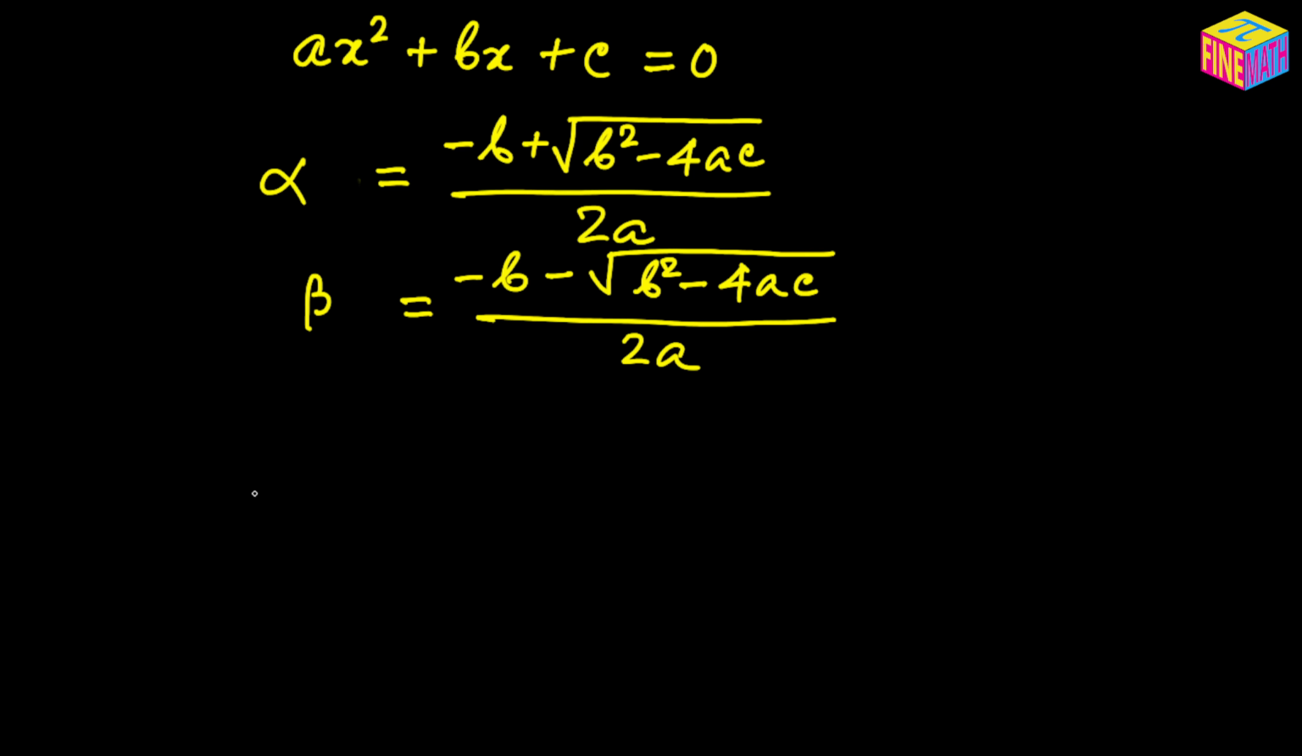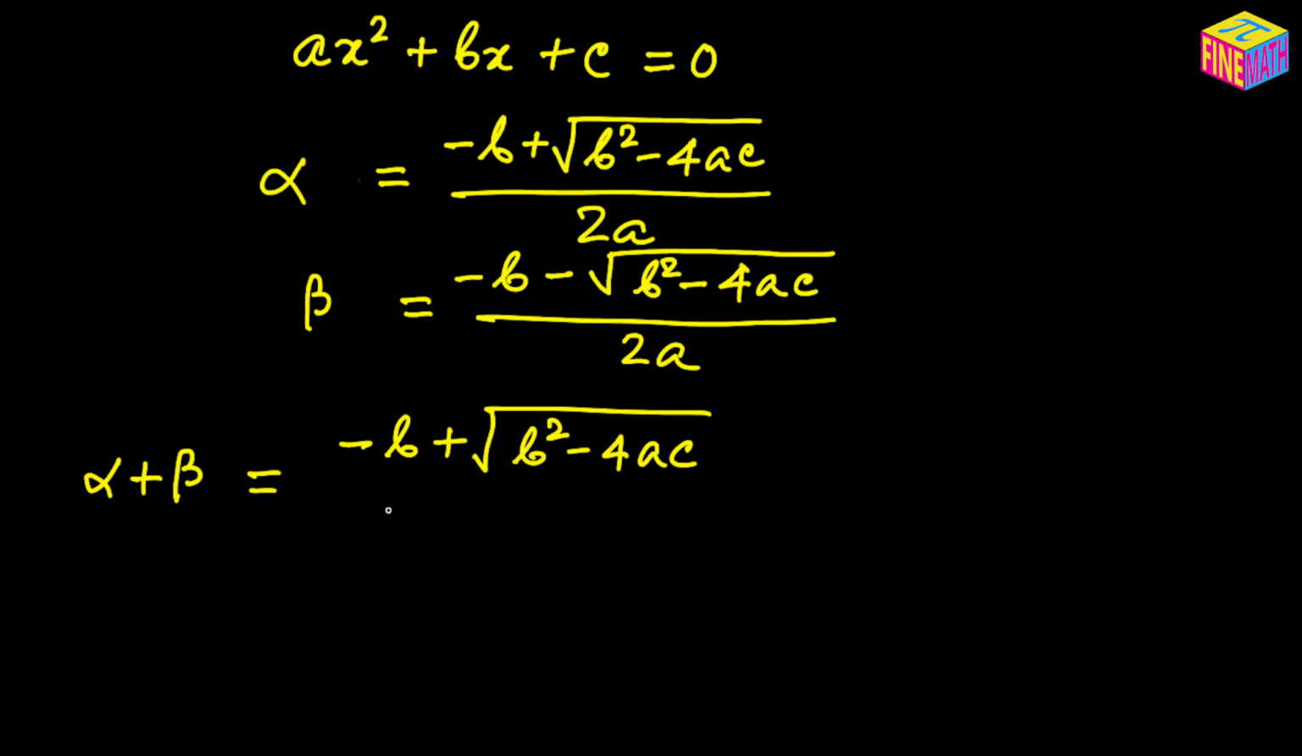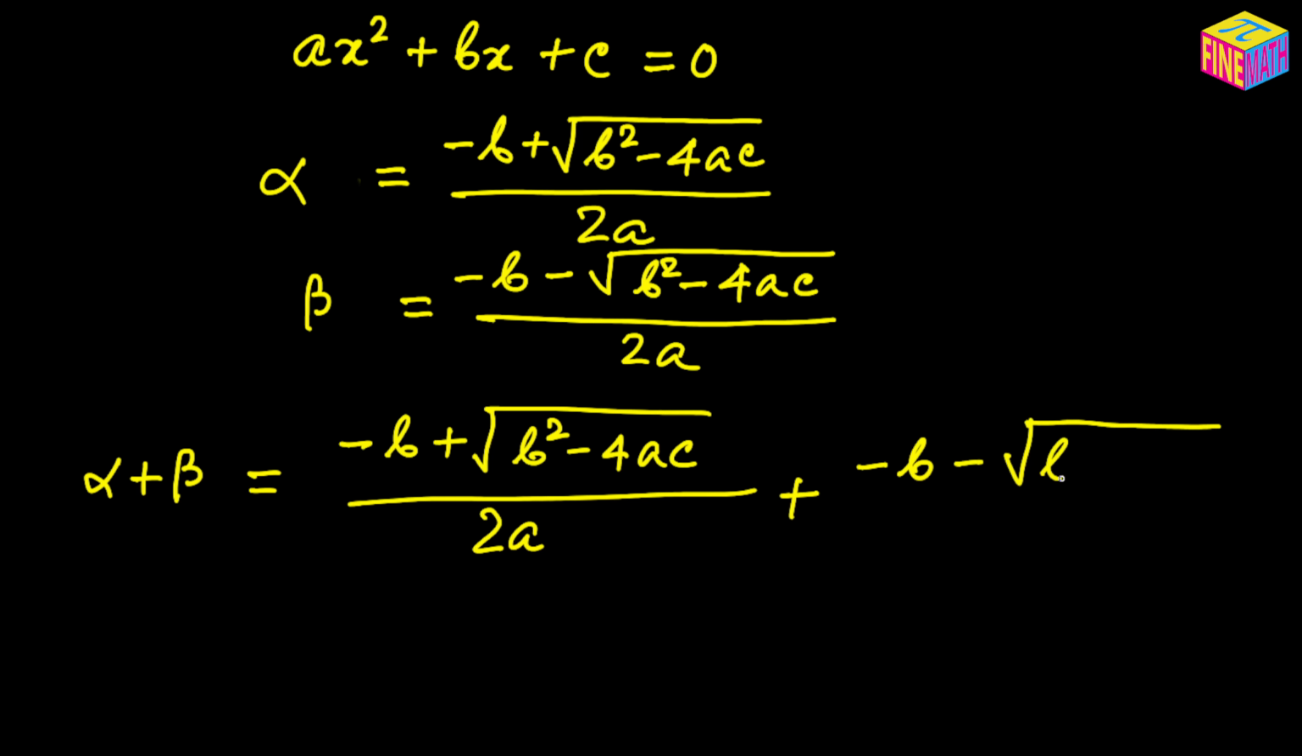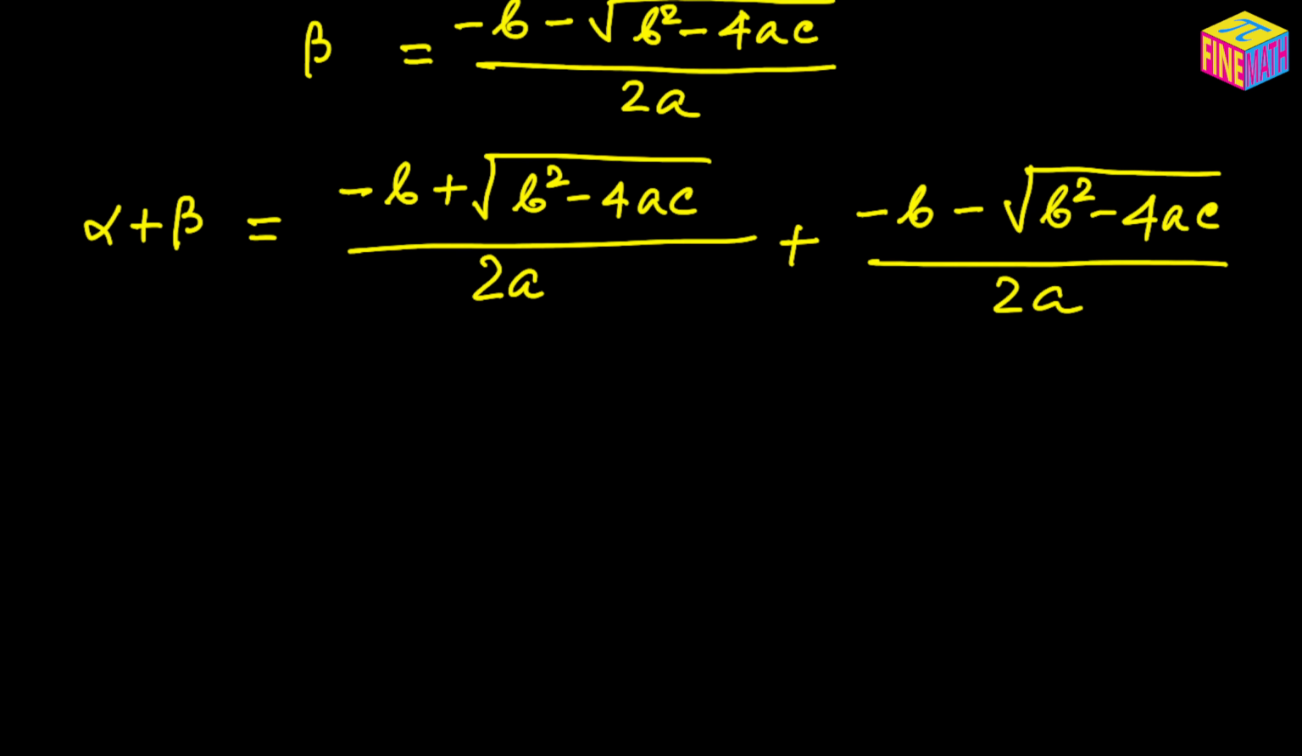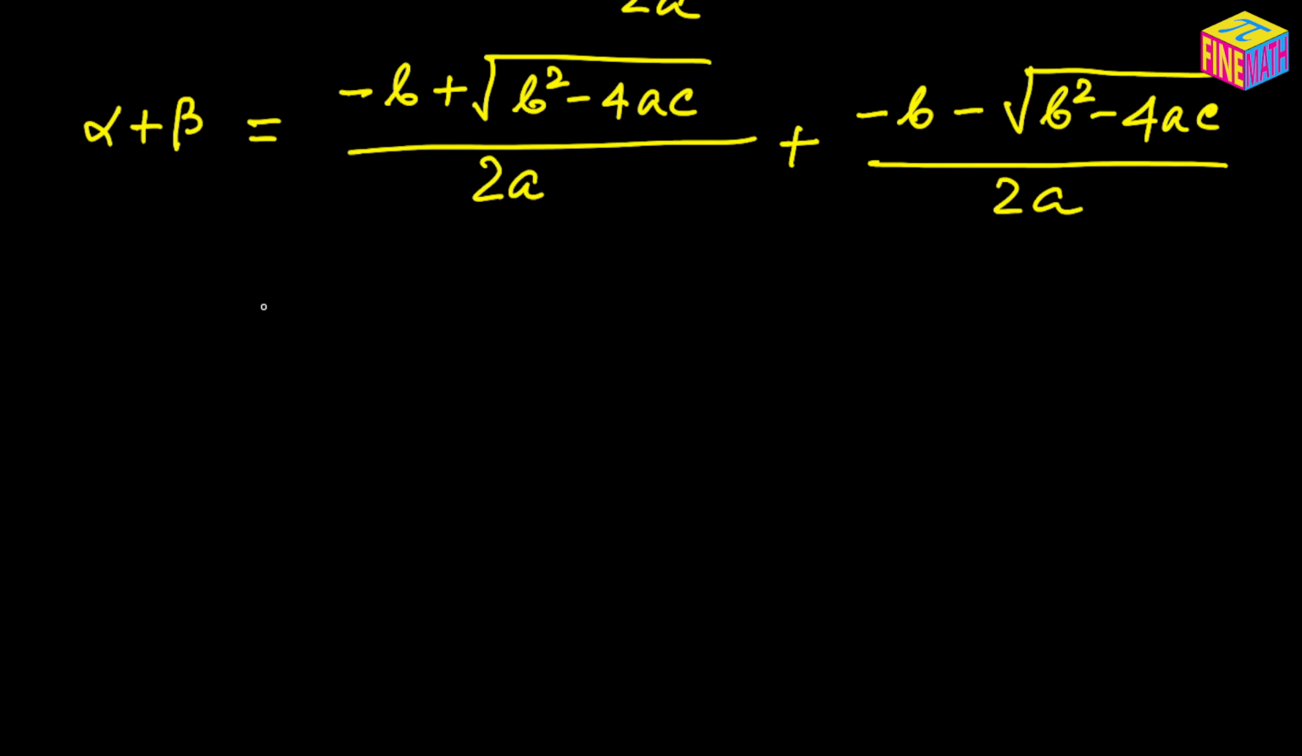Let's take a look. Now we are going to calculate the sum of these roots, which is alpha plus beta. Alpha plus beta will be negative b plus square root of b squared minus 4ac divided by 2a, and then plus negative b minus square root of b squared minus 4ac divided by 2a. So let's simplify this, and this will be equal to,